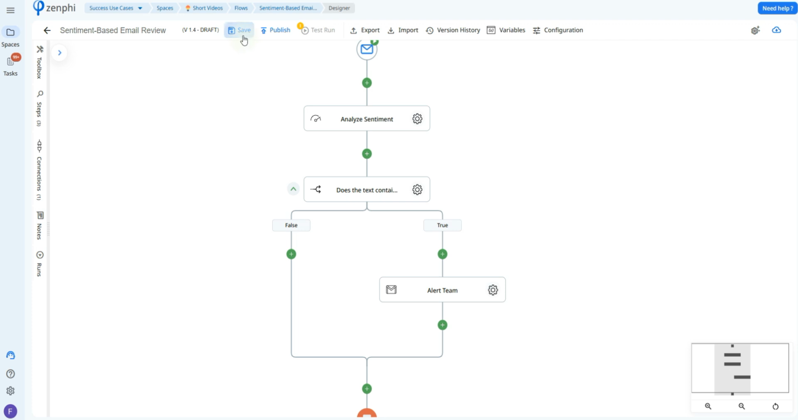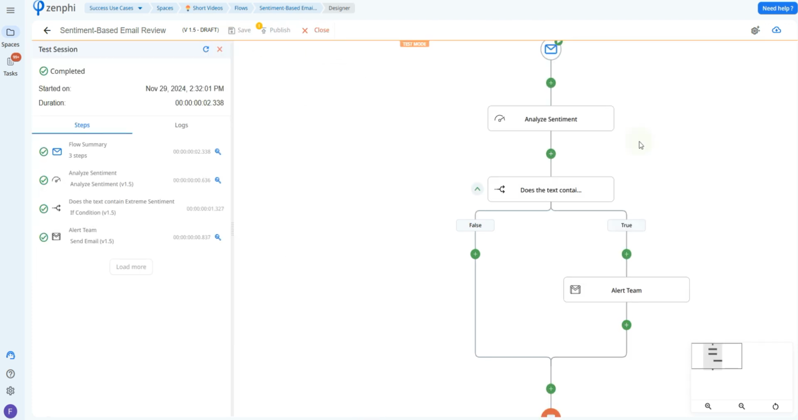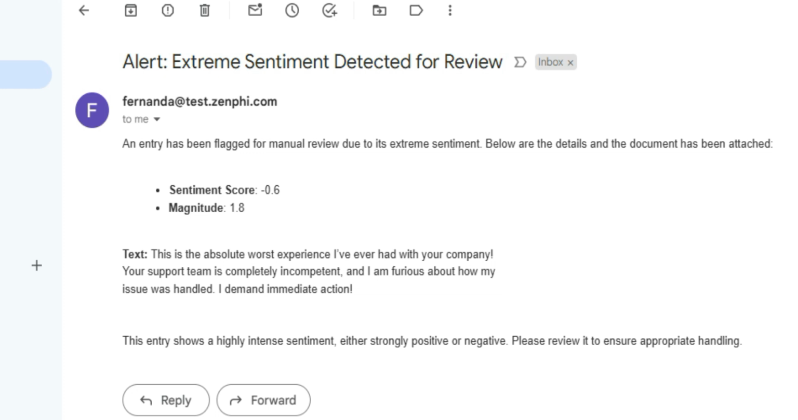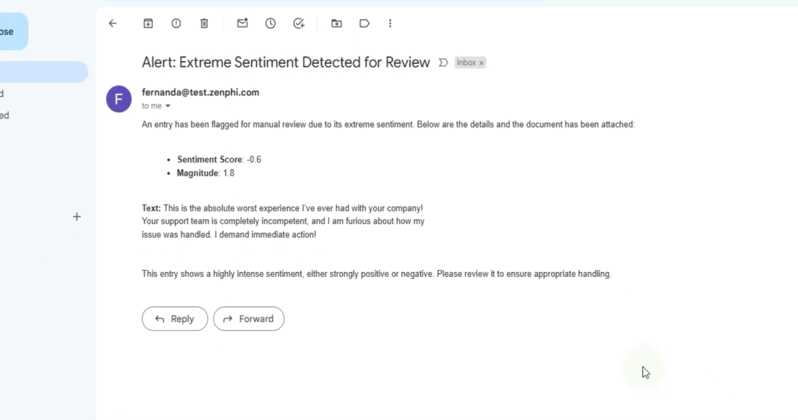And now if we save, and then here we can see that it did find extreme sentiment and it has alerted the team. So now if I open up my inbox, this is what the email would look like. Now here I've also added the text that it detected. So here from what it says, we definitely want the company to be alerted of this. The client is obviously very mad. So it's ideal that this would be sent and that they would be able to analyze and take further action